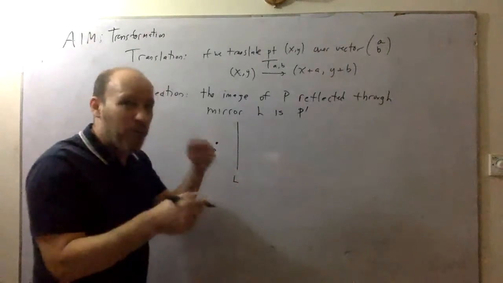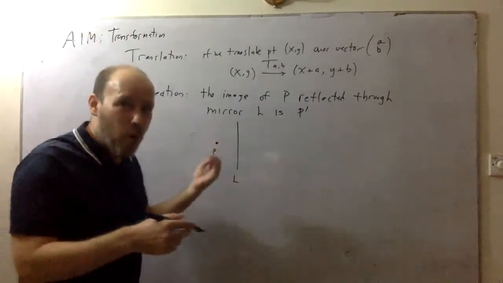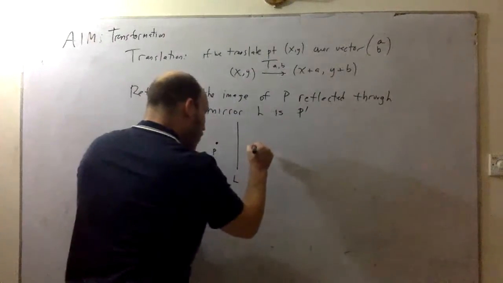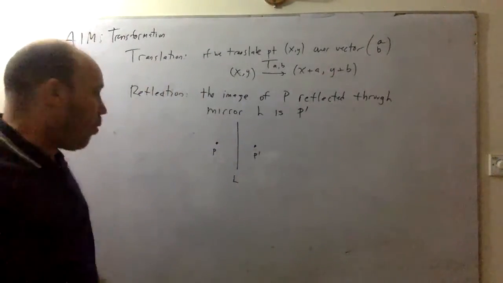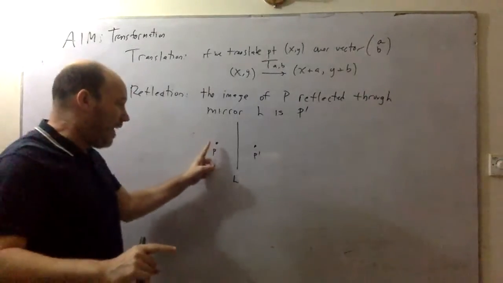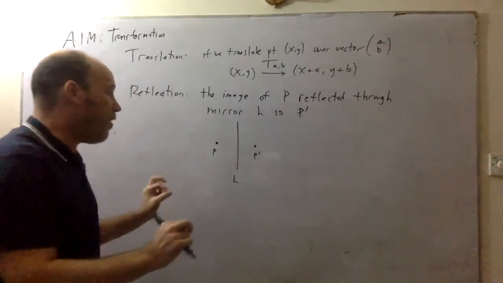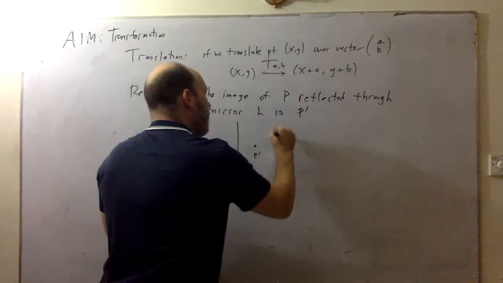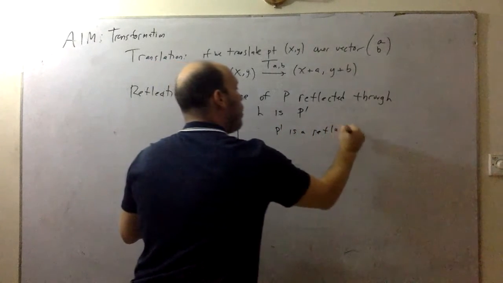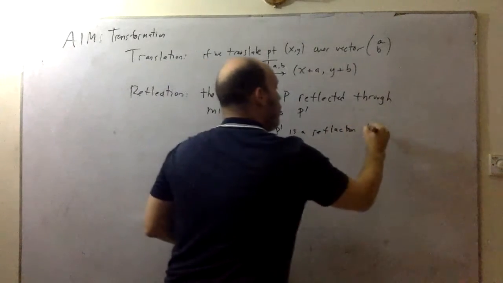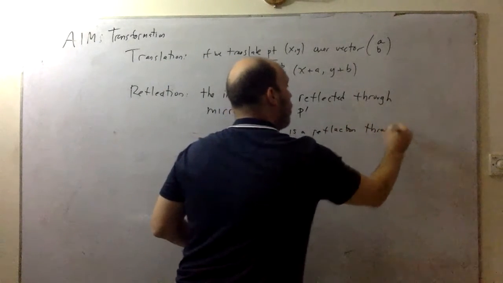What's going on mathematically? Well, P prime is a reflection through L